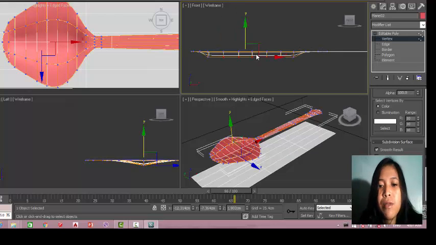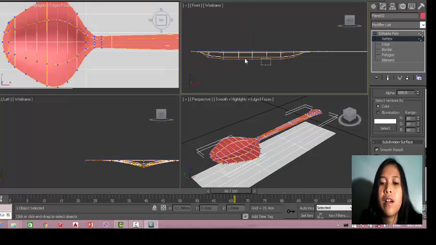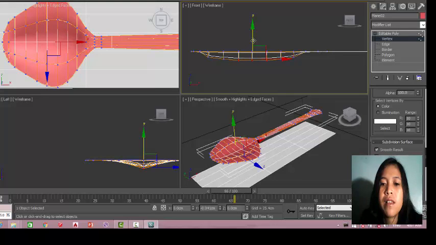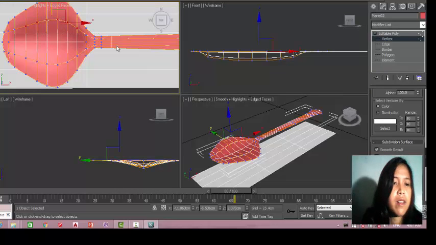Then I'll just drag it down here, drag it down, then another one, I will drag it down also in order to make it more curved, like this. Okay, that's enough for me, so I'll select the side vertices, also this, also control, in order to select the other side vertices also.